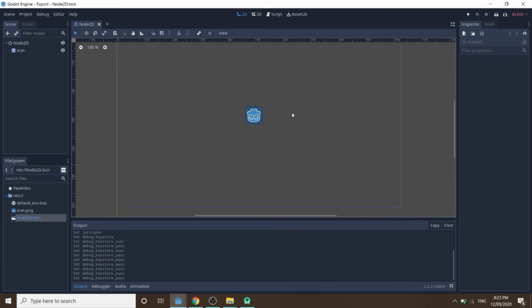Now for developing, this is not the quickest way to test our project. To make an APK, send it to our Android device, install it, and try it. If there is an error, change it in the editor again, make the APK and basically repeat the process again and again. So what are we going to do? We will connect our Android device to our machine with a USB cable.